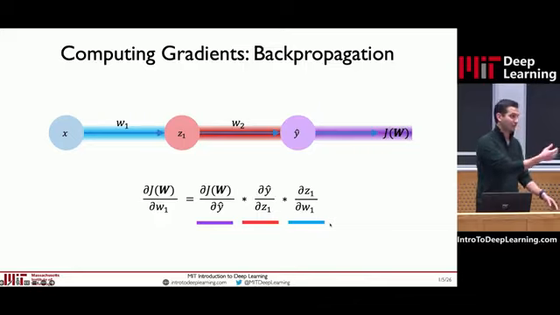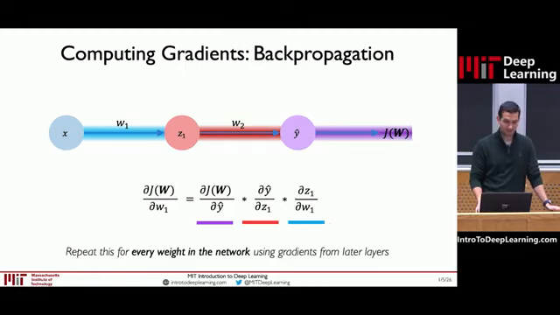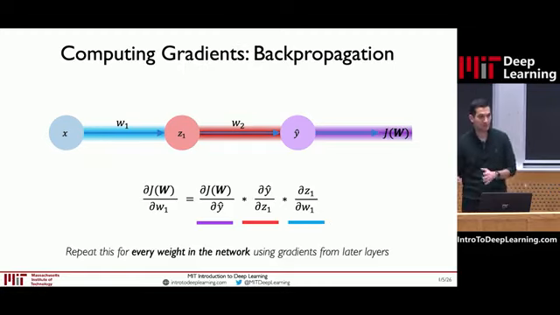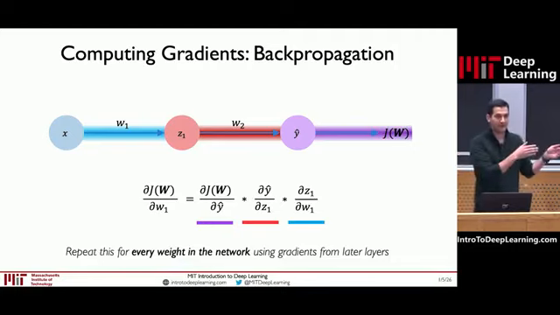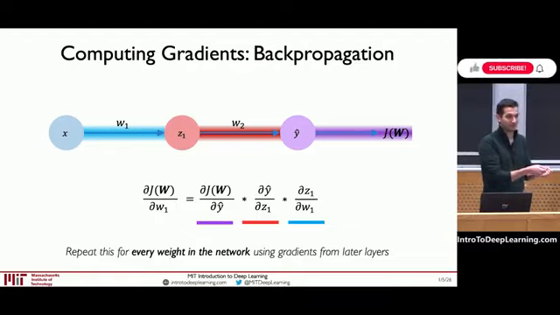And if you had a deeper neural network, you would just keep repeating this process as you go deeper and deeper into the model. You can repeat this process by propagating those gradients that you compute from the end, from the output, all the way back in the topology of the neural network, all the way back to the input. And this will allow you to determine how every single weight impacts your final loss. That's exactly what the gradient shows you. It shows you if you move in some direction, how will the loss change? Will it go up or down?